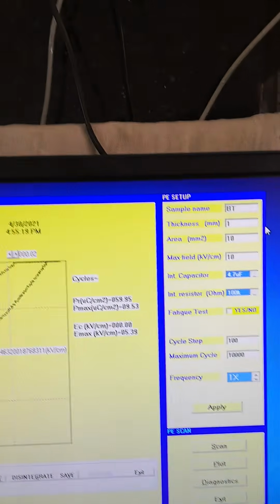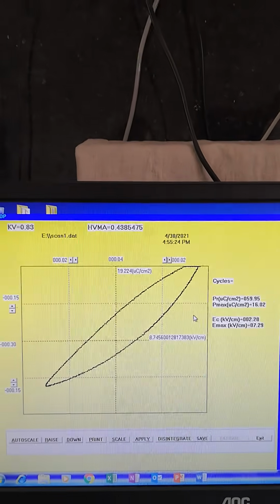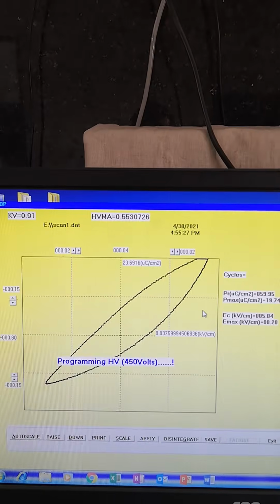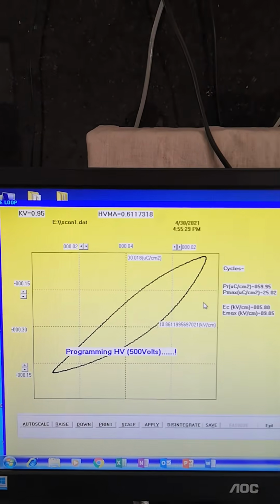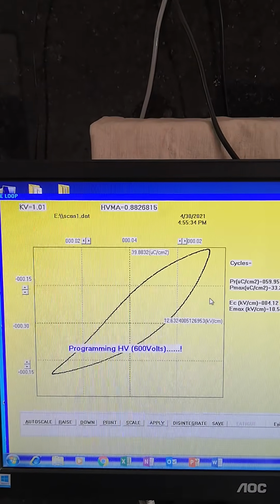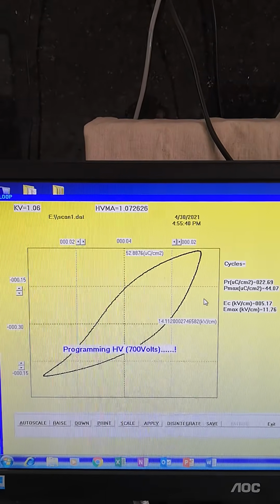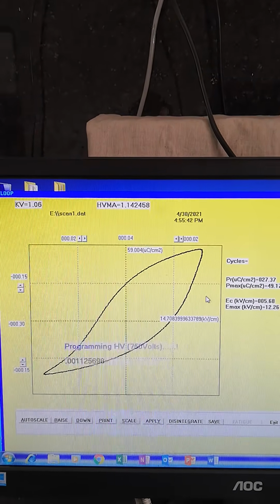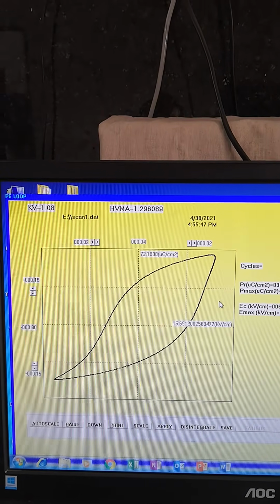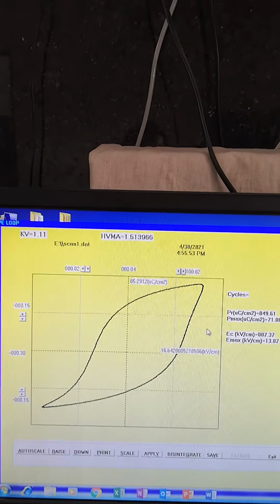Okay, so at this value, this is a good loop.